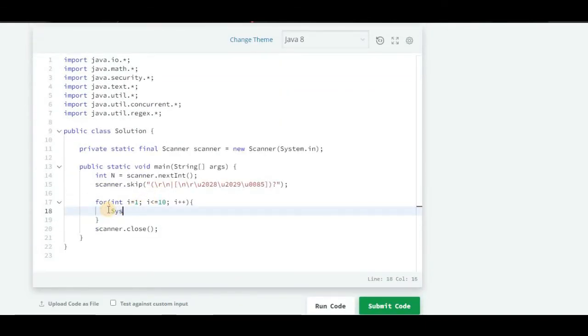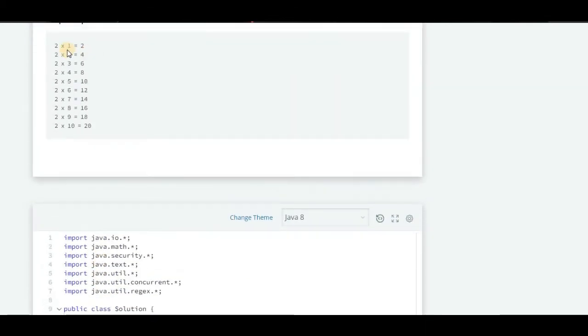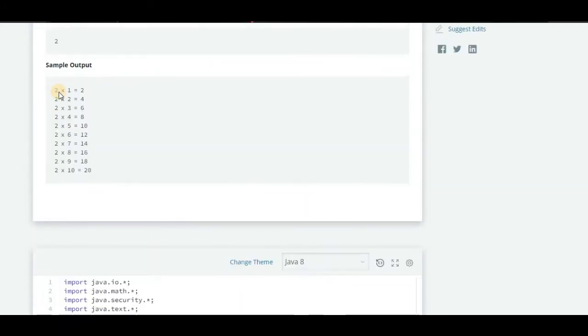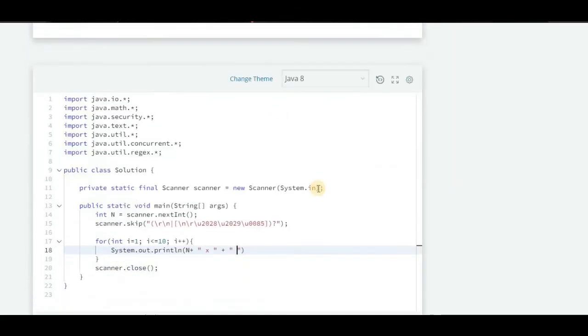We have to do System.out.println. Now we have to print n, so it will be n plus a space, then the multiplication symbol, then a space.